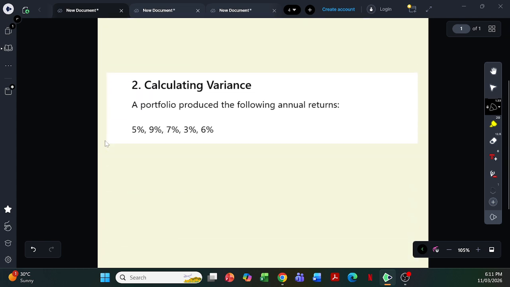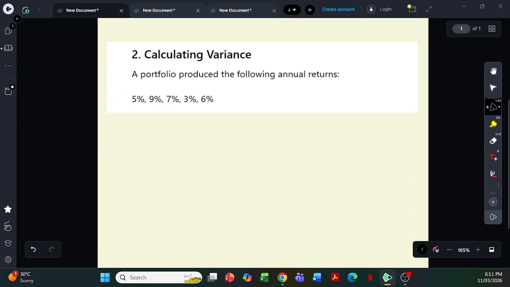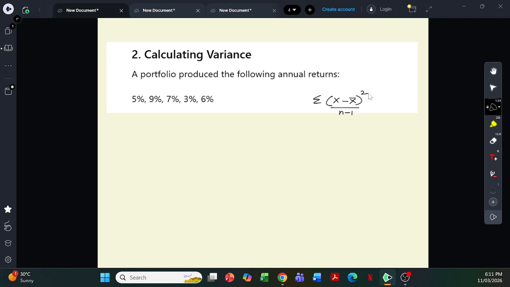Second question now we're going to go through is calculating variance. Okay, and how do we calculate variance? The first thing that we need to do is calculate the mean return. Okay, the formula for variance is summation of (x minus x bar) square divided by n minus 1. So we need to first find the x bar or the mean, which is again going to be